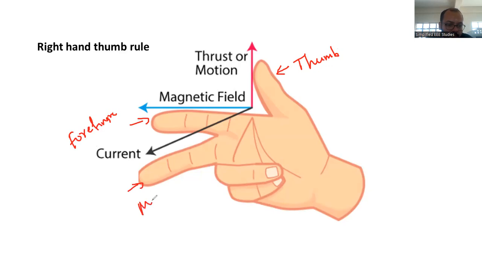This is your middle finger, in mutually perpendicular directions. This is your mutually perpendicular direction, like 90 degrees. This is also 90 degrees, and this also should be 90 degrees. So we have to keep your thumb, your forefinger, and your middle finger in mutually perpendicular directions. Now you can directly point out,